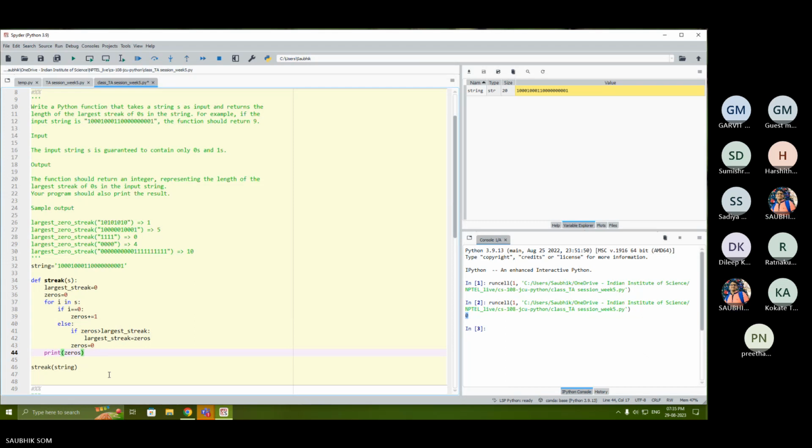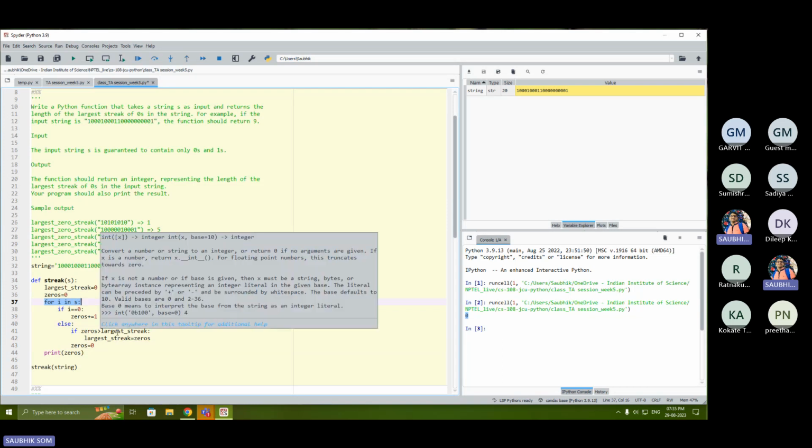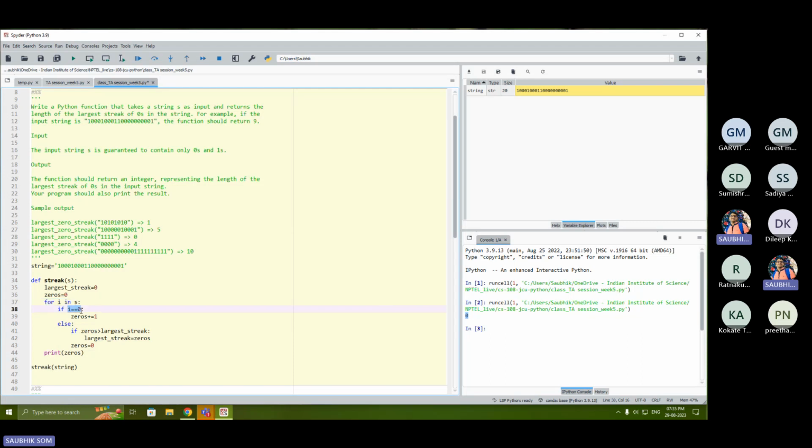Will it now work? I am now looking for the largest streak. So what I'm doing? I am starting with two variables, largest streak and zeros. For i in s, so I'm iterating through the string and saying that, okay, if i is equal to 0, make zeros equal to zeros plus 1. So if 1, no, it will not increase. If 0, increase. Till you find 0, 0, 0, 0, it will increase. As soon as you get 1,